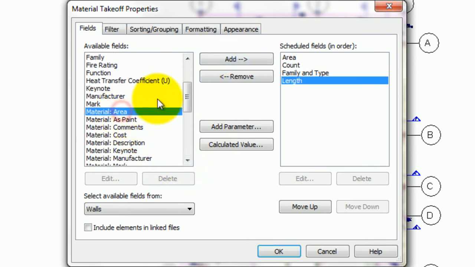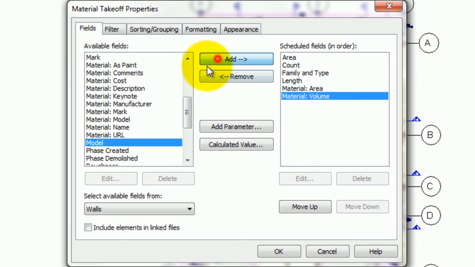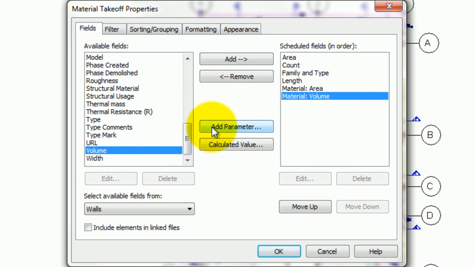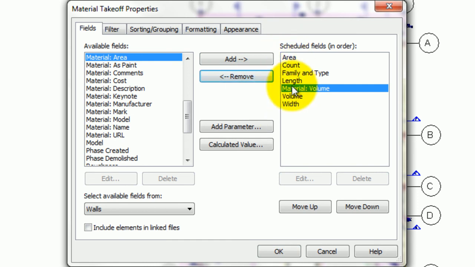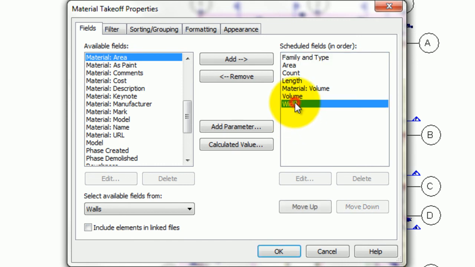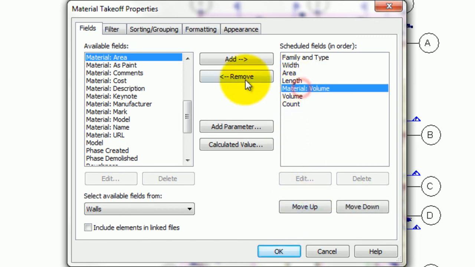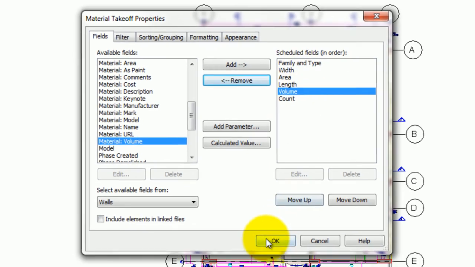I want the material area. I want the material volume. Volume, add, width, remove. Now we can arrange this by ourselves. Family and type I'll put on the top, and I'll say the width going up, the count going down, and I'll say volume, area, and I've selected family and type, width, area, length, volume and count, and I'll say